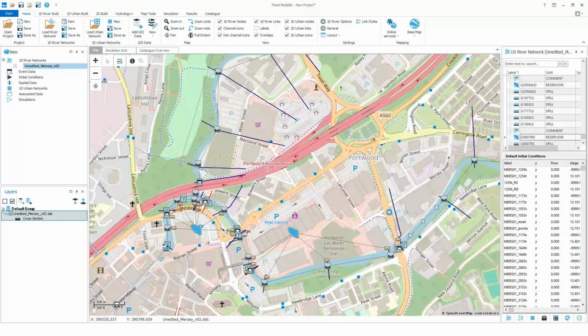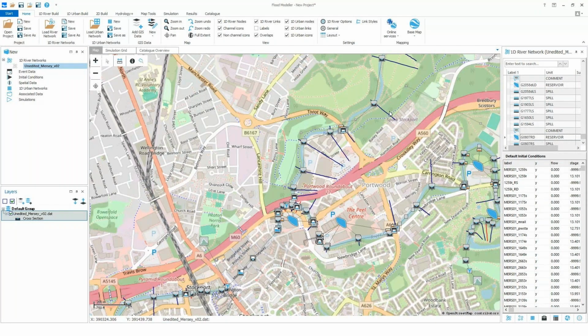So this model has been run previously as 1D only, and we have some results for that which I will look at later. Let's say that the council wanted to develop this area and wanted to enhance this model a little bit by representing some areas of the floodplain in 2D. You would have to remove the 1D floodplain representation and switch this out for 2D representation,